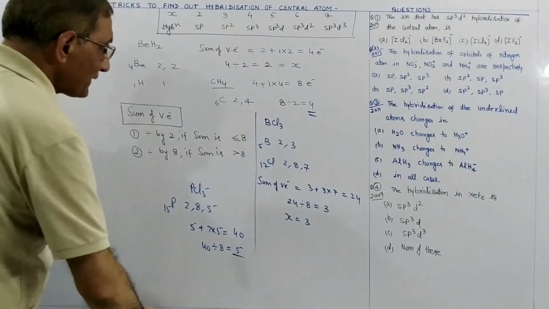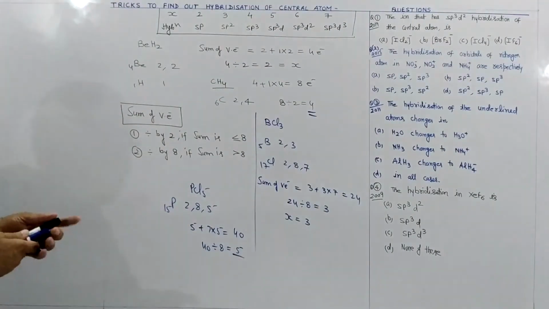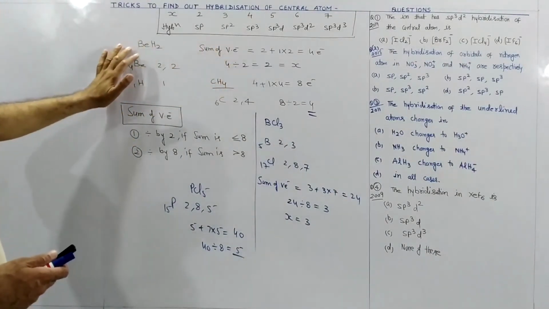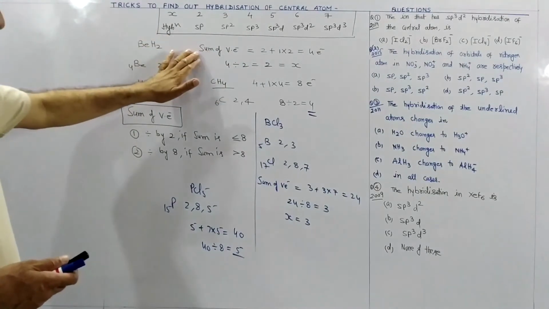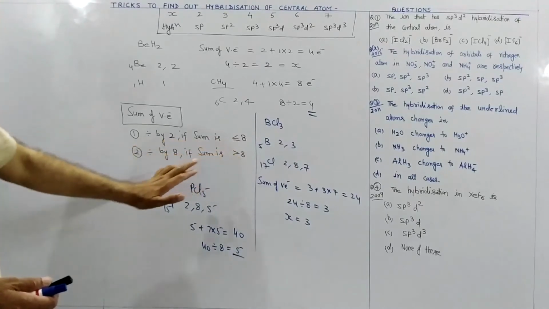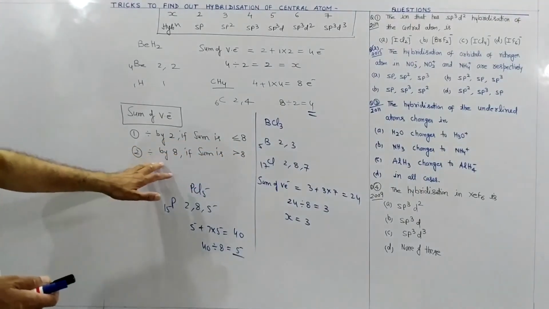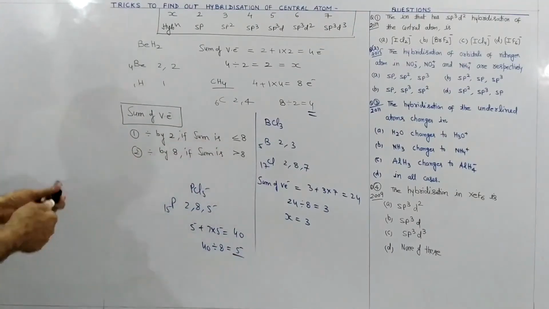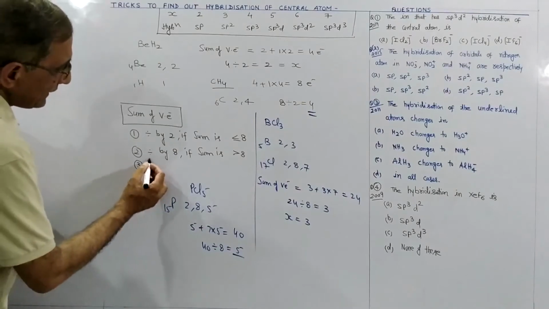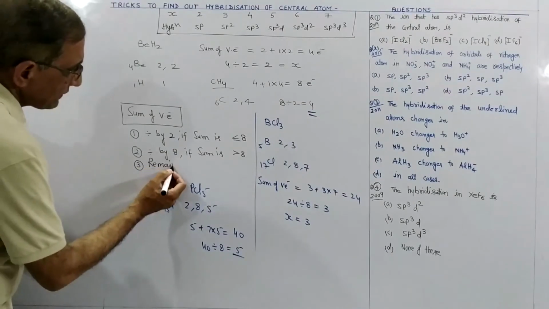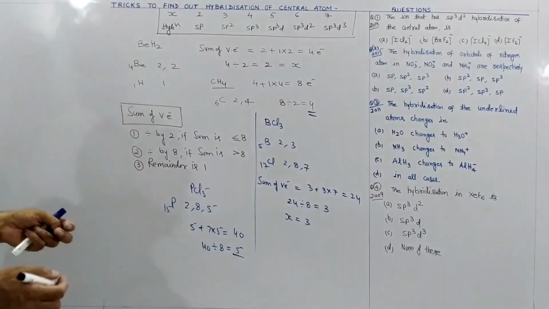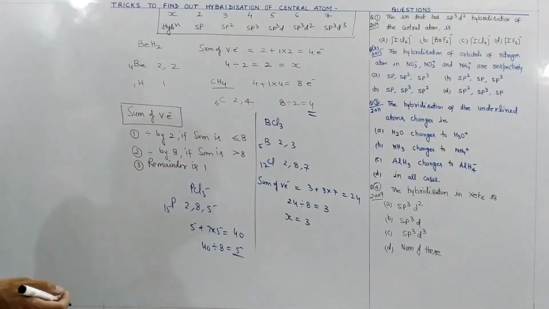So what you have to remember, students, is that you have to add the sum of valence electrons of all the atoms forming the compound. If the sum is 8 or less than 8, divide it by 2. If it is more than 8, divide by 8. Sometimes you may get a remainder also. Then what you have to do? Third point I will write here. If the remainder is 1, add it to the quotient. Whatever quotient you are getting, you can add to that.